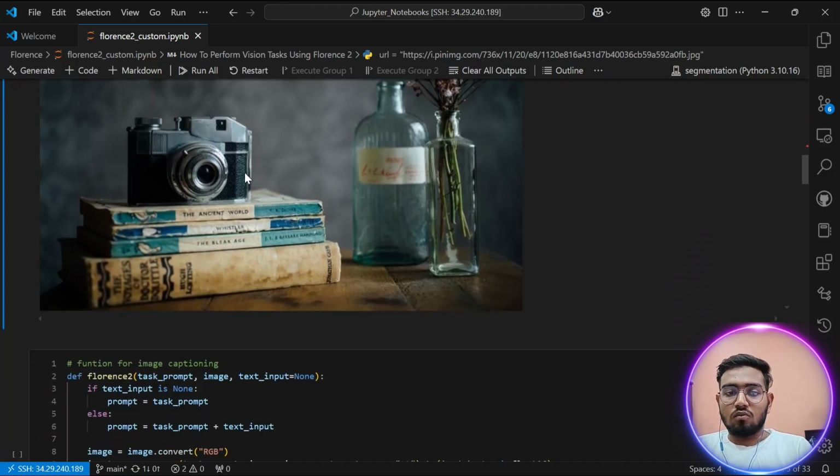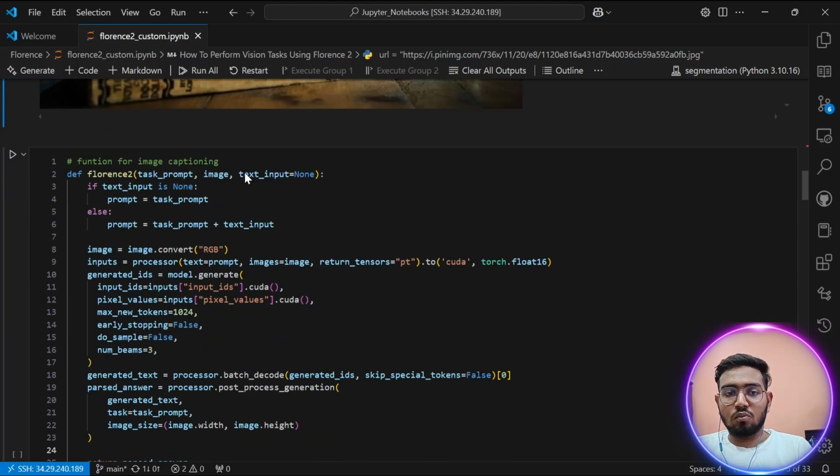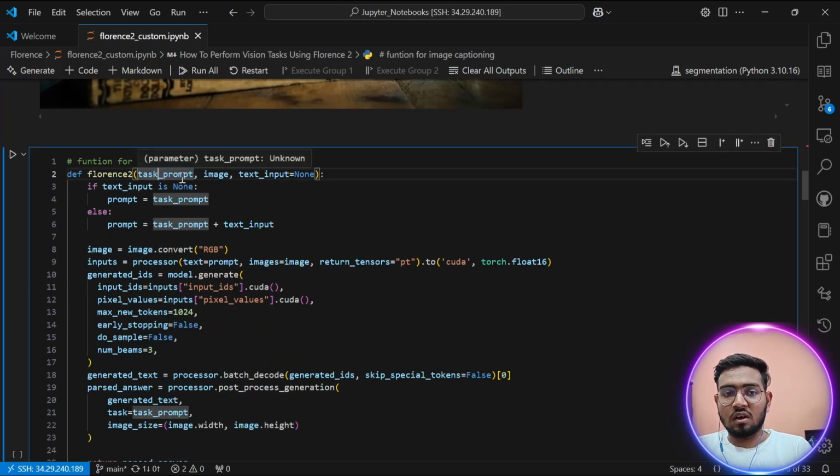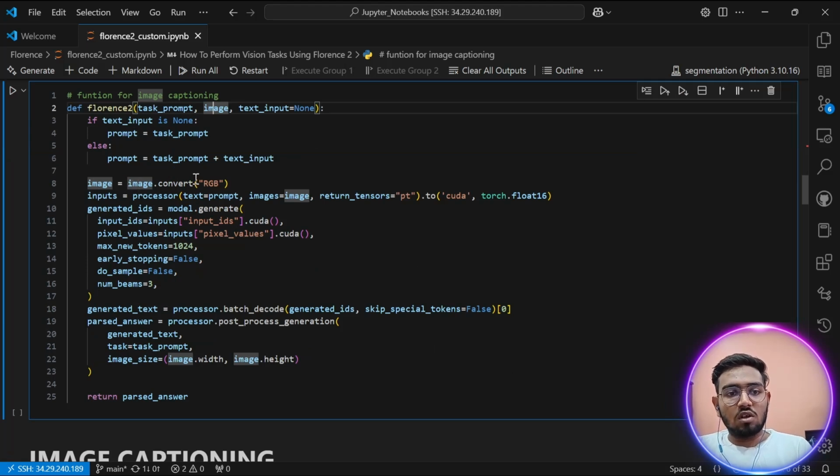So we first have to create the function to perform Florence 2. This is the function I have created. It takes a task prompt, in which I tell the model which task I want to perform, and the image on which I am going to perform it. If that task prompt requires a text input, I will give it here, or if not, it will be None. The image is converted to RGB format. The processor takes the argument of the prompt, which is this